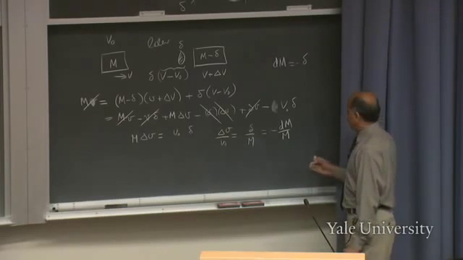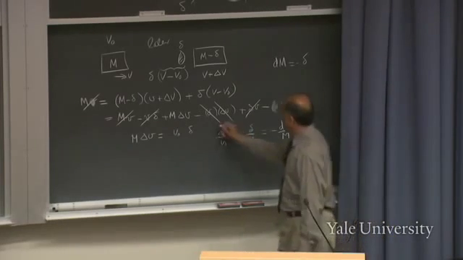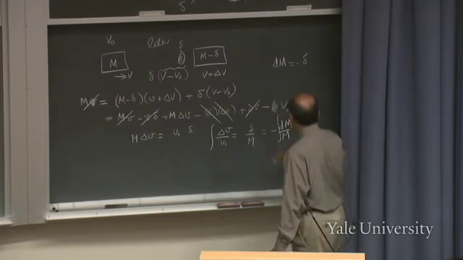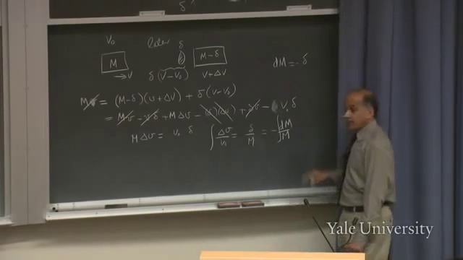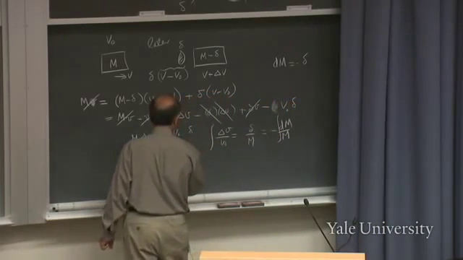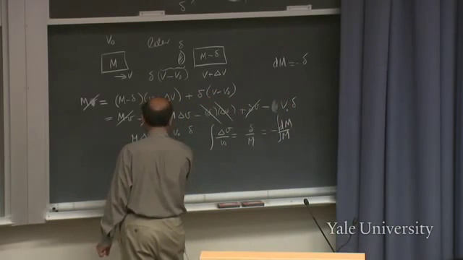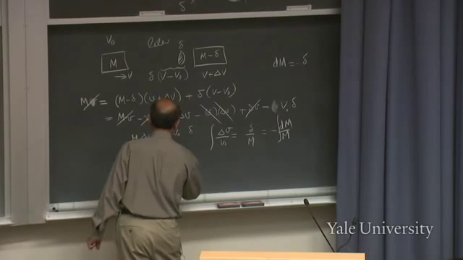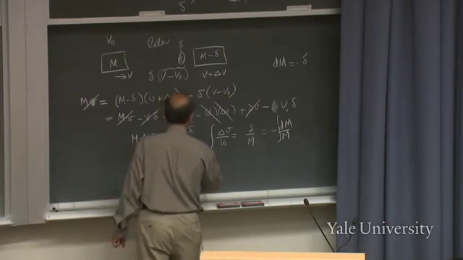Now the rest is simple mathematics. I don't want to do this, but if you integrate this side and you integrate that side, and you know dm over m is a logarithm, you will find the result that the v at any time is v final is equal to v initial plus,